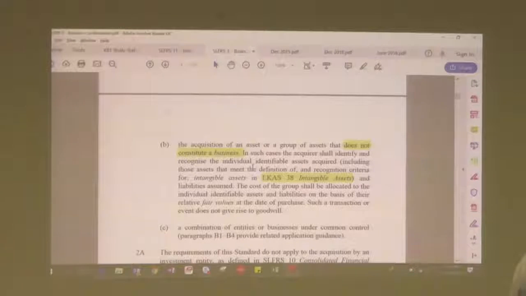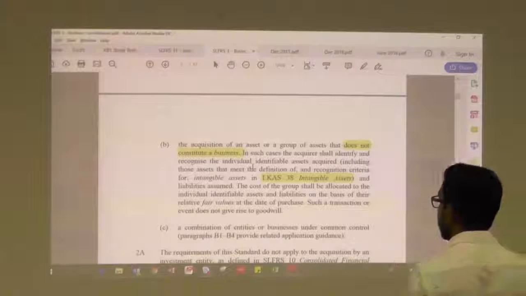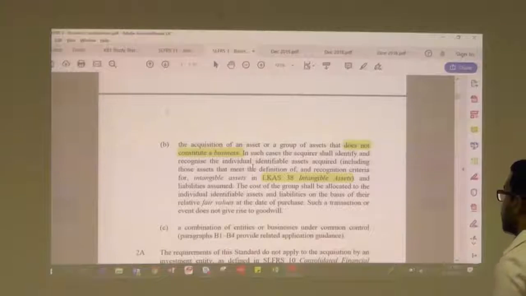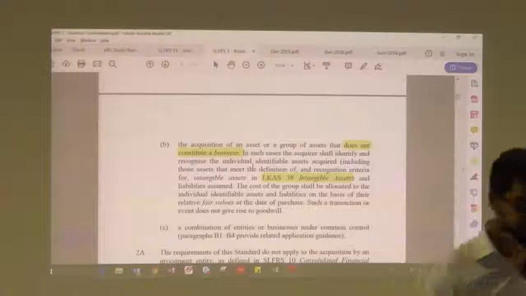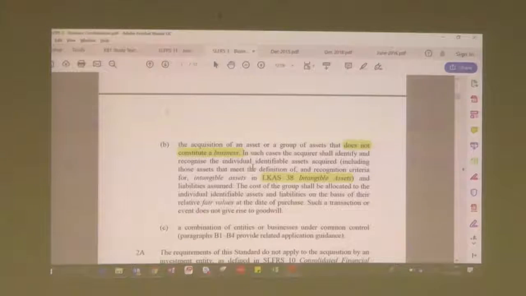So here, LKAS 38, right? Intangible assets and liabilities assumed. The cost of the group shall be allocated to the individual identifiable assets and liabilities on the basis of their relative fair values, right? Fine. What I wanted to explain here, in our previous example, A acquired B, no employees,